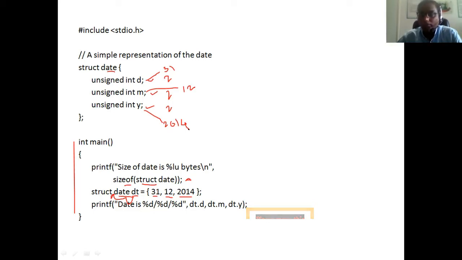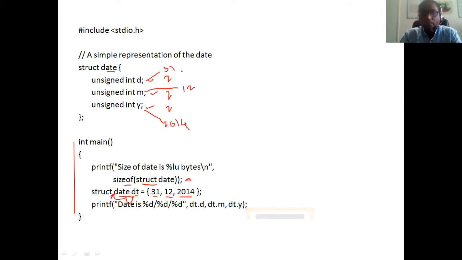So normally what happens, suppose day consists of the value 31. In the 2 bytes of memory location, we are going to store 31. First of all, 31 is converted into binary, and that value will be stored into the memory. The rest of the bits will be wasted. Again in the month there is the value 12. Again 12 is converted into binary and stored into the memory. So a particular amount of bits will be utilized for the month, and after that the rest of the bits will get wasted.